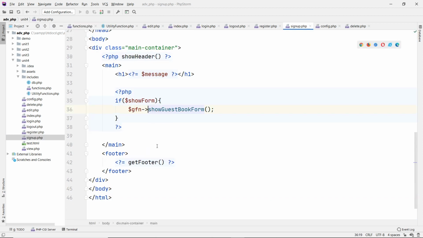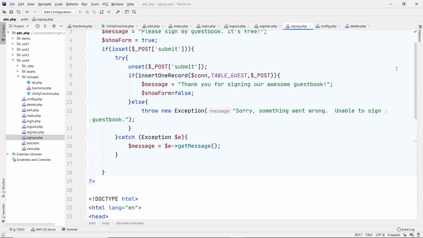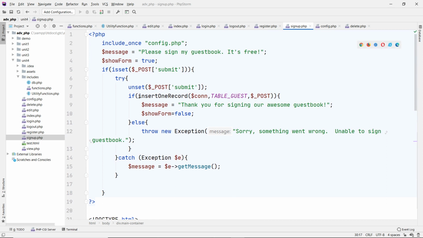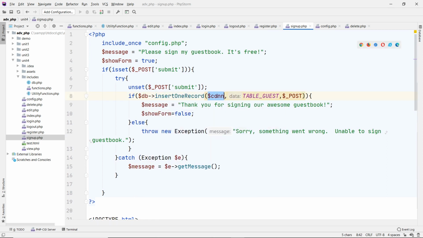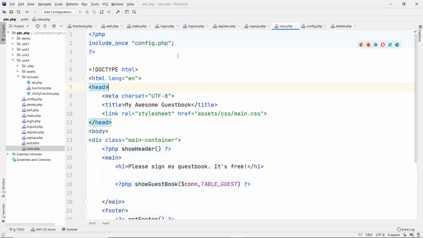It's the GFN here. The top. This would be the DB. And then I think that's it for this one. And then one more for the view. So this would be the GFN